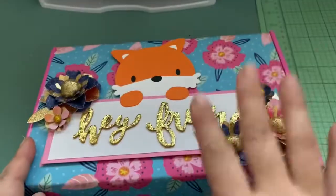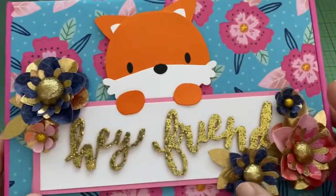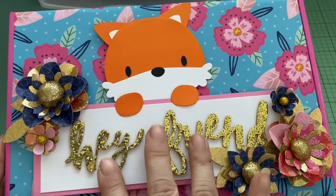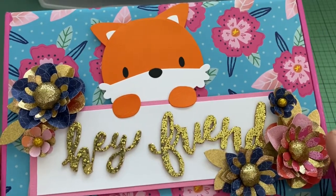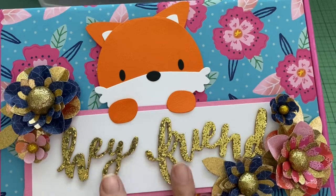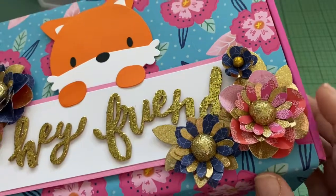Because Pia likes dimensions, I put this piece on foam so it's a little bit propped up, and this is a Thickers. I had a set of all these glittery Thickers, so I always forget to use it, but it's very large, so I don't gravitate to it too much, but for this kind of project it's perfect. So I tried to find a sentiment that would match, and Hey Friend was the best one that I could come up with. So I put that on, and then I made a few of the handmade flowers